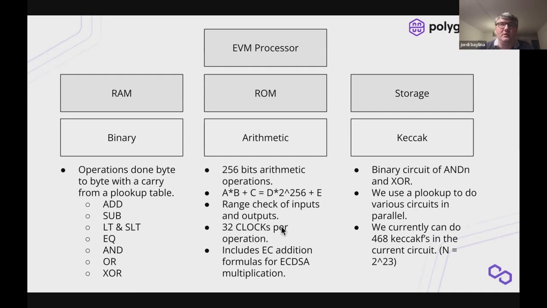To check the ECDSA of the transactions, it's a program in the main, but it uses these specific functions for doing all these elliptic curve operations, as special instructions of the arithmetic